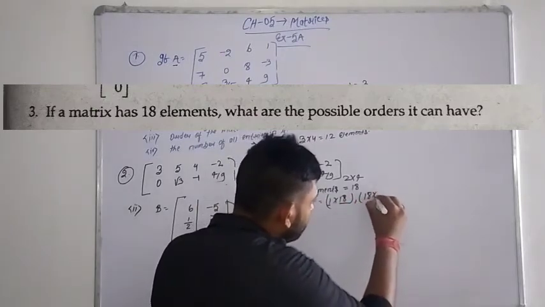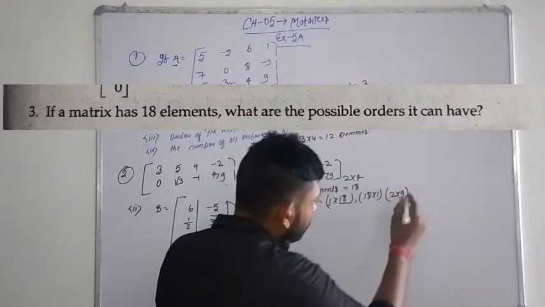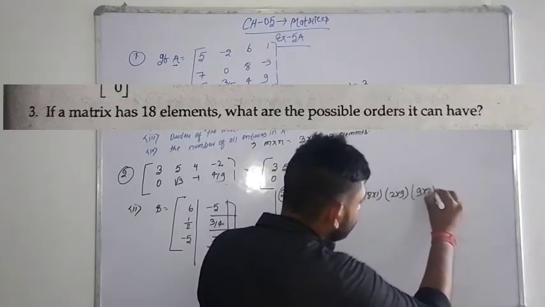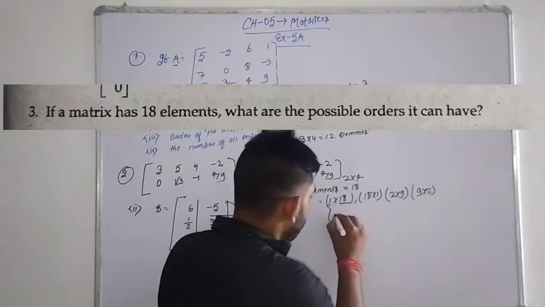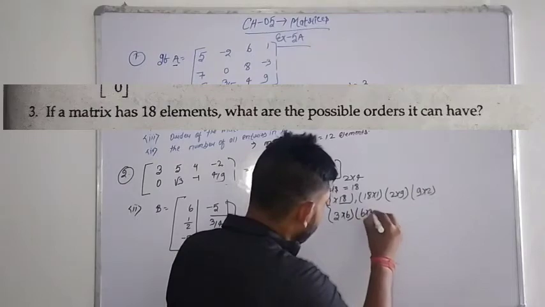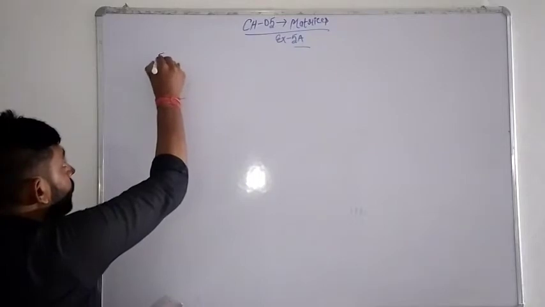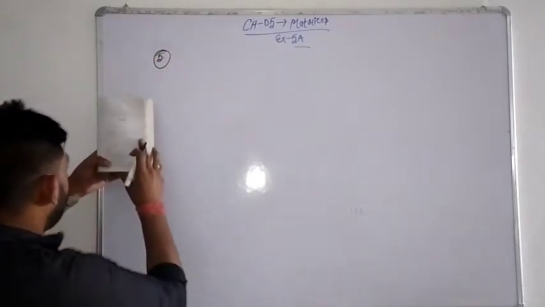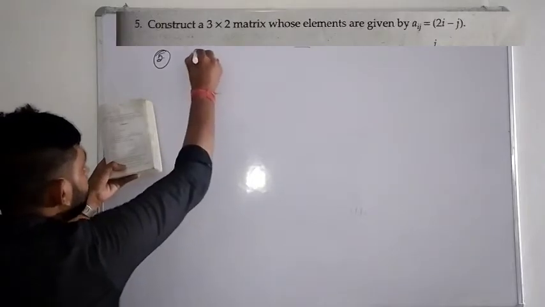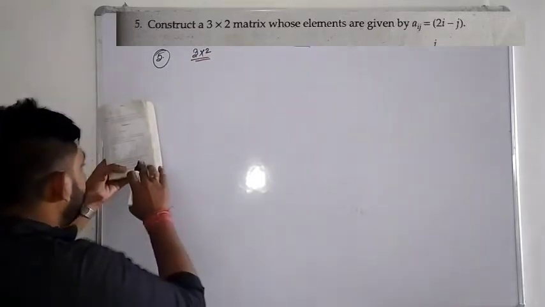Second, 18 multiplied by 1. Third, 2 into 9. Fourth, 9 into 2. Fifth, 3 into 3 is 3 into 2, that means the order of the matrix is 3 into 2, and the element